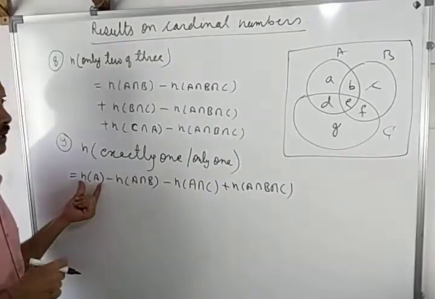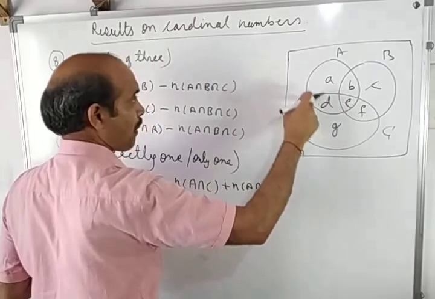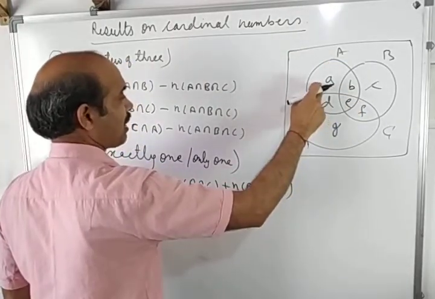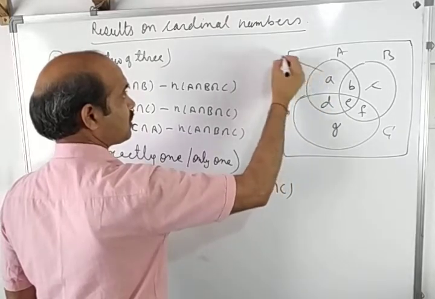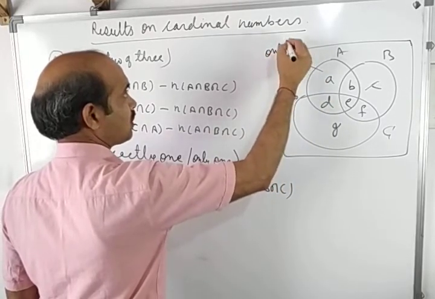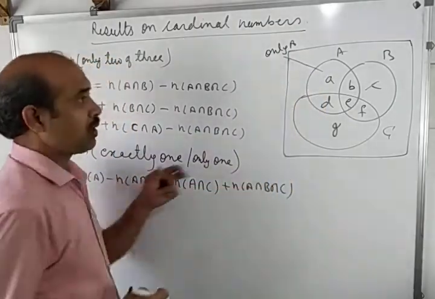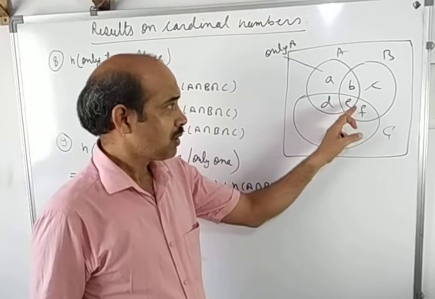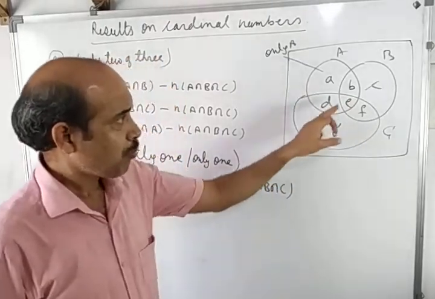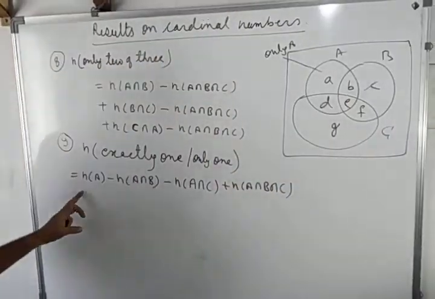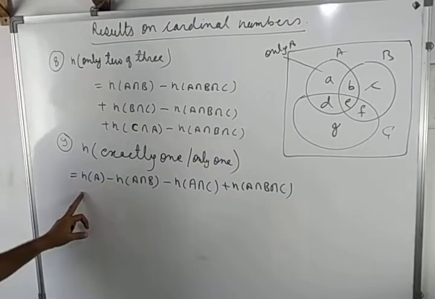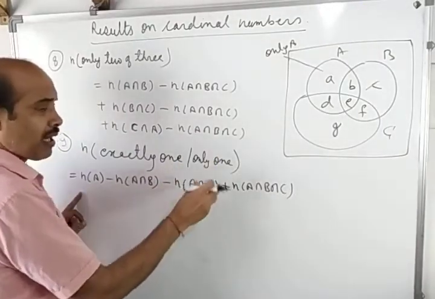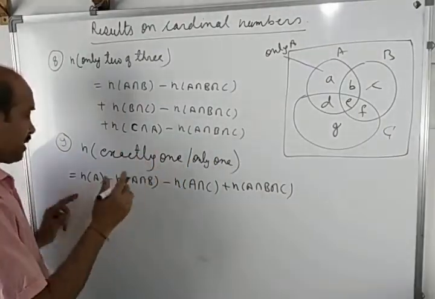From the whole A, this is the entire whole A, we have to subtract these 3, then only we will get only A. This is only A. So only A is n A minus n A intersection B minus n A intersection C plus all 3 intersections. This is for only A. But we have to find only 1. No ABC means A as well as B as well as C. So it will be